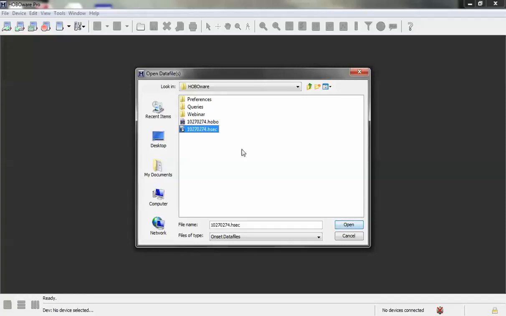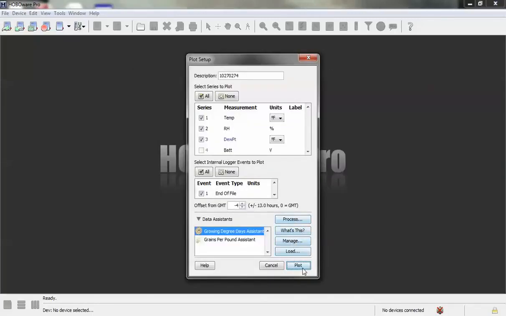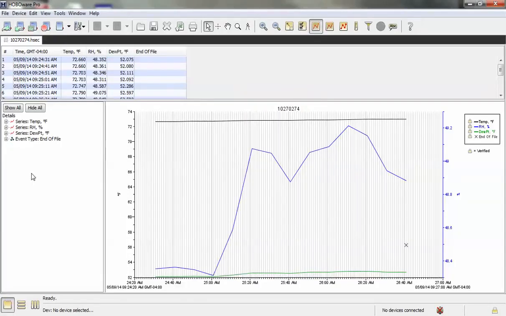So here we have a .hsec file that we've created previously. We open that file just as we normally do. Now, the difference between this file and any other file is if we click into the details